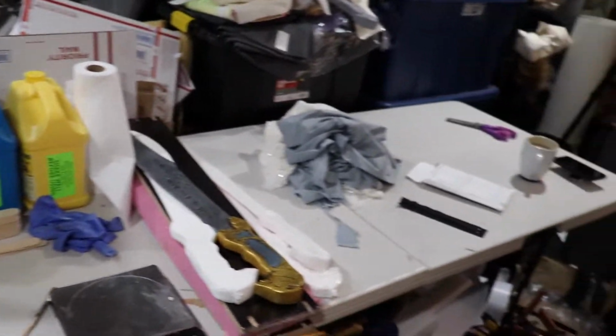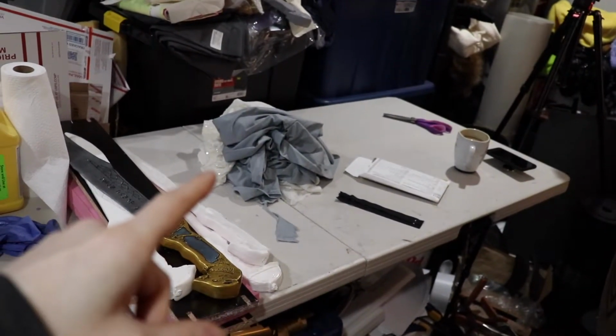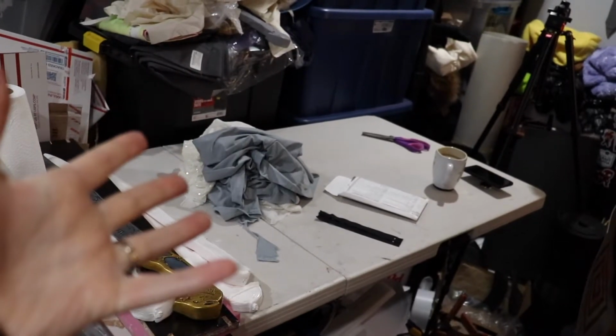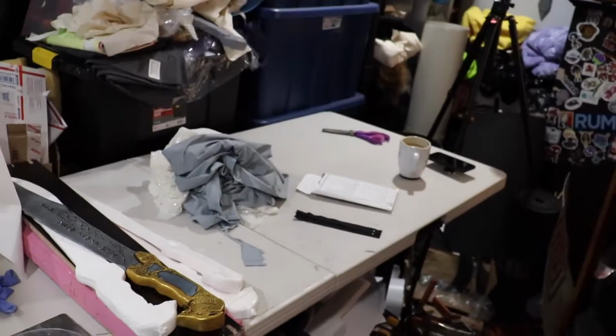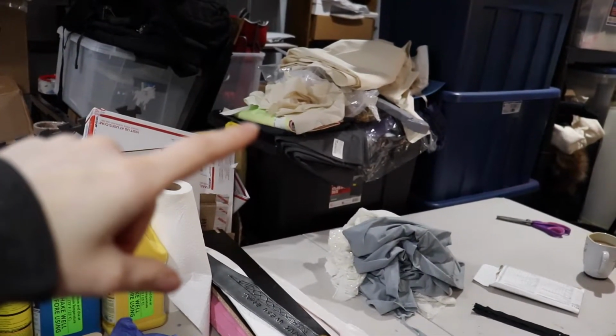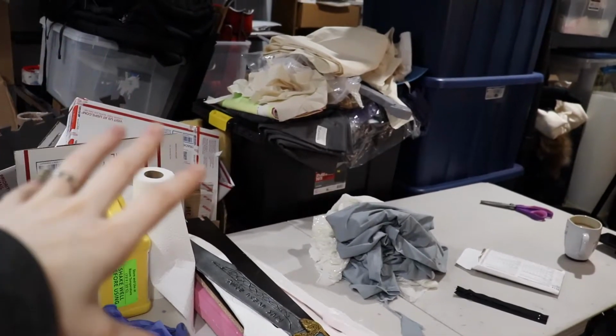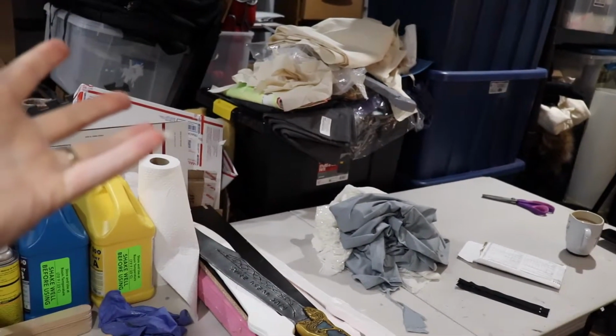That needs to go in the sandpaper bin, which is right here, but I've just been too lazy to put it away. And over here we have my main work table, which right now has a pile of fabric on it that I'm eventually going to be making into a shirt for myself, because sometimes I make stuff for myself. My coffee, my phone, if you want to focus. Back here we have a pile for commissions. So right now that's some fabric for commissions, and my sword master, which has decided to make it onto that pile,